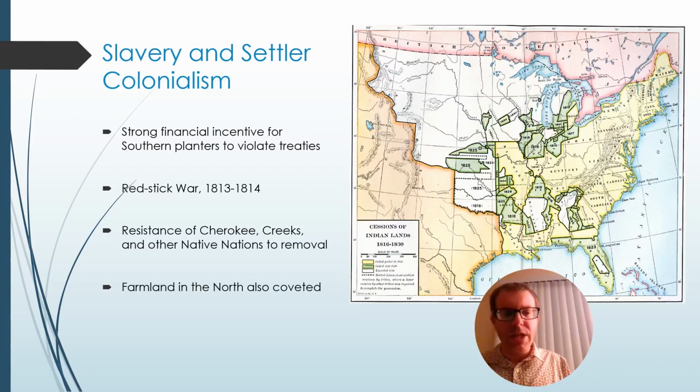And so it's really a devastating war for the Creek Nation, which leads to the state of Georgia getting significant amounts of Creek territory for white Southern planters to go in and set up their new plantations and expand slavery west. And at the same time, while Southern planters are seeking to expand into territories in the Southwest, Northern farmers